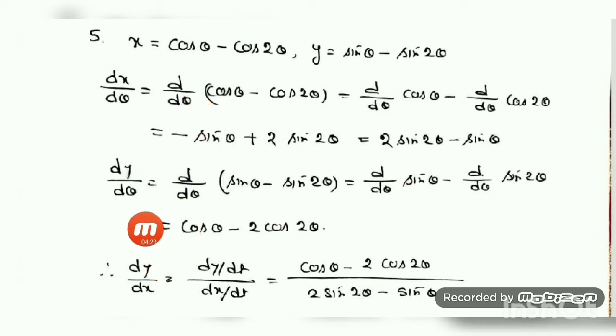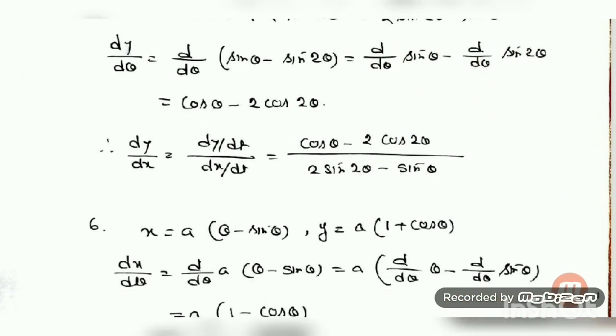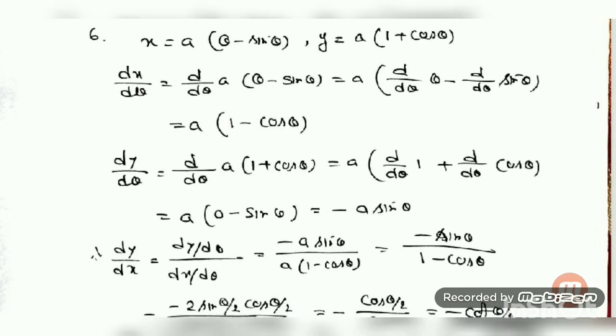Let us write down dy/dx now. What is dy/dx? dy/dx equal to dy/d theta by dx/d theta. You make it theta, okay? And put the values of dy/d theta. Here, instead of t, you just make the correction. This is theta. It should be theta, because you have found dy/d theta and dx/d theta. Put the value of dy/d theta. What is your dy/d theta? It's cos of theta minus 2 cos of 2 theta, this one, and dx/d theta is equal to 2 sin of 2 theta minus sin theta. So here question number 5 is completed.